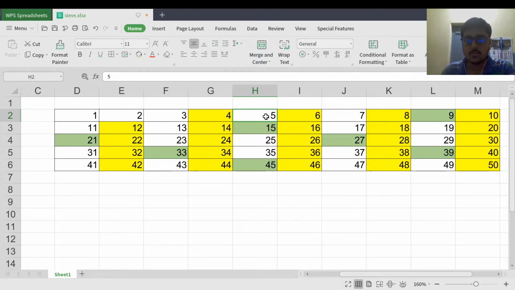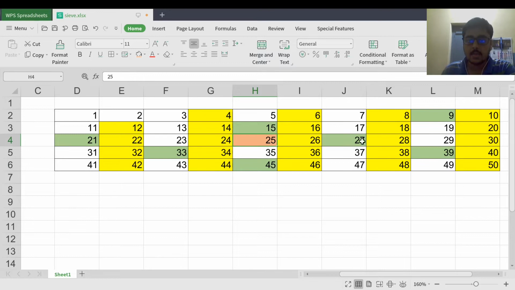So firstly, 10 is divisible by 5, then 15. 10 is marked in the case of 2, 15 is marked in the case of 3, then 20 is marked in the case of 2, then 25 is not marked. So I mark it with a different color, say a light orange or light red color.